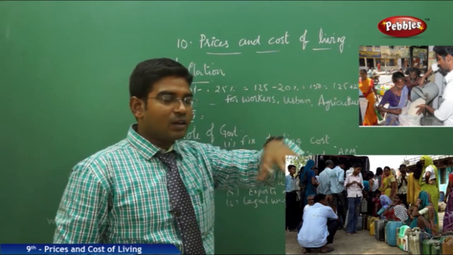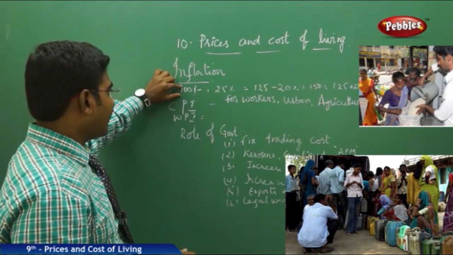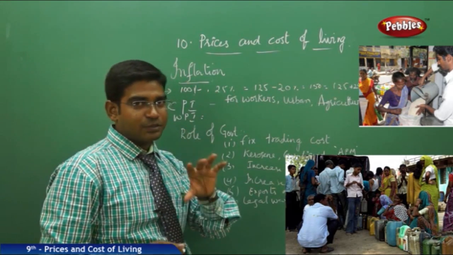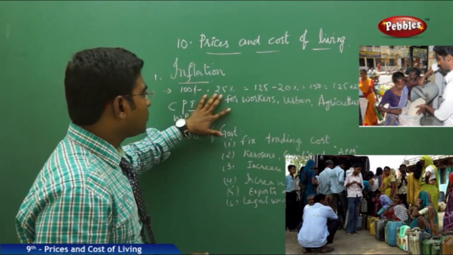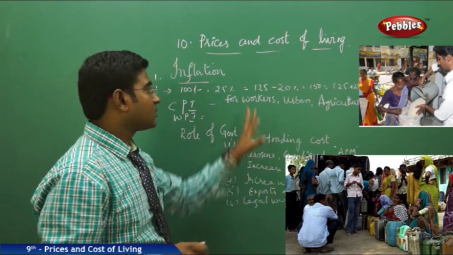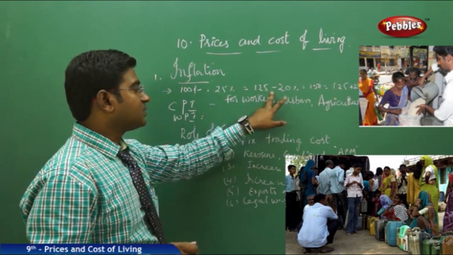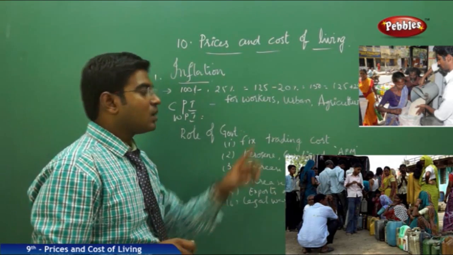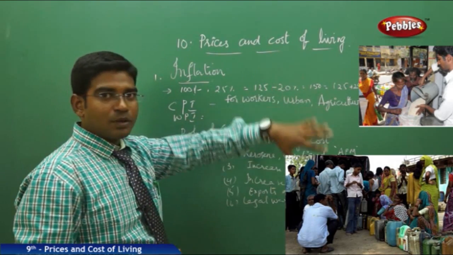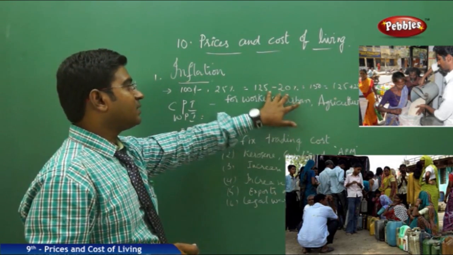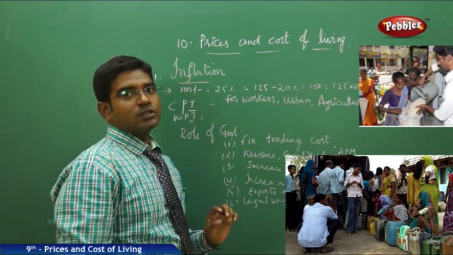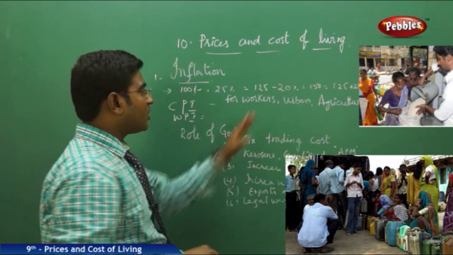I think I am very clear, listen to me carefully. 100 rupees was the first month's spending, 25% was hiked on the prices, then you got 125 rupees as the money spent on the products. Later, the very next month, they got the hike of 20% from 125. So when you are calculating 20% from 125,